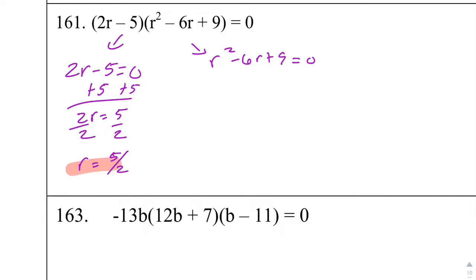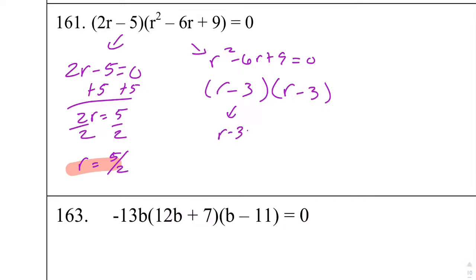But over here we have r squared minus 6r plus 9. We factor it. So this is actually going to factor into r minus 3 and r minus 3, right? Multiply to be positive 9, combined to be negative 6. So then